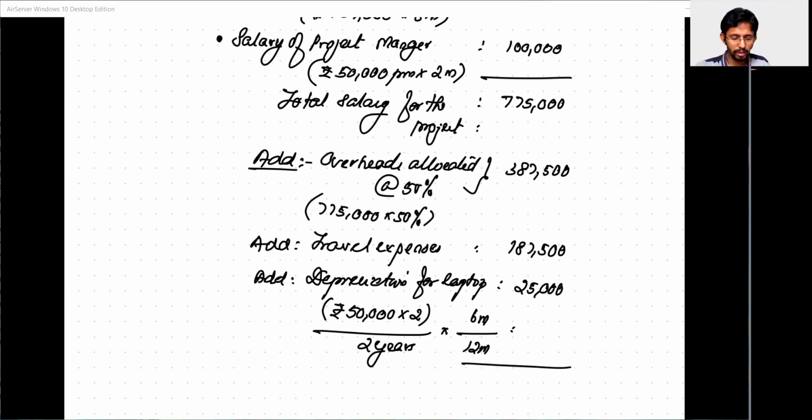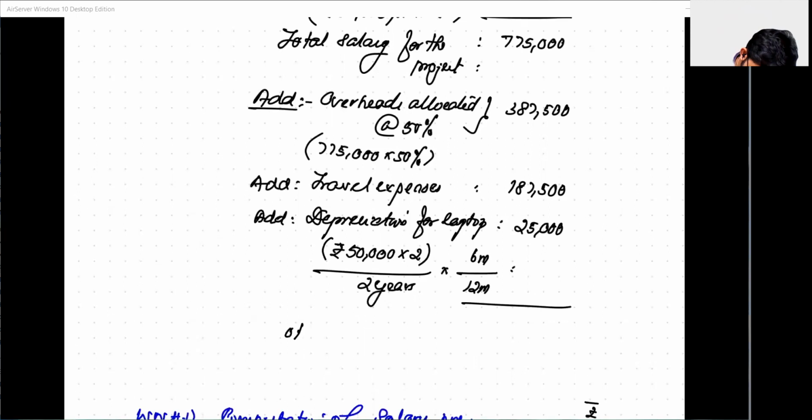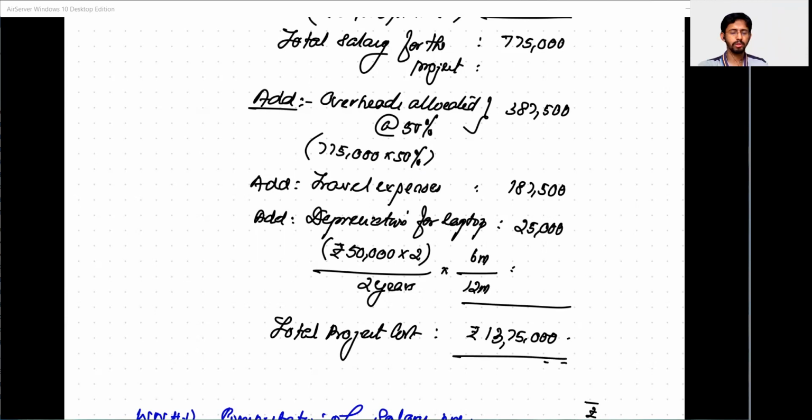So total project cost, salary is 7,75,000 plus 3,87,500 overhead charges, then 187,500 is the travel expense, then 25,000 is the depreciation. So total will be 13,75,000. That is the total project cost. Okay, so that's all about the question on